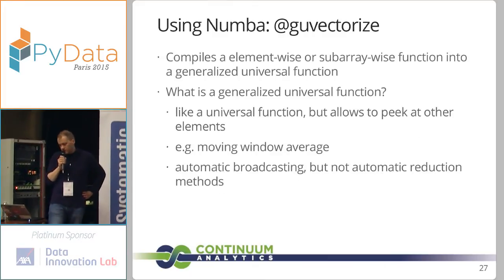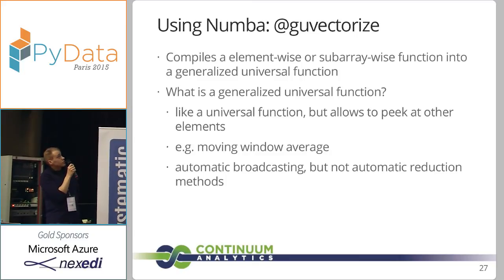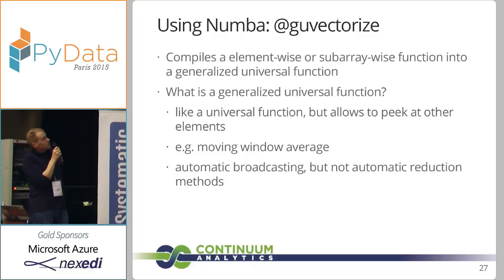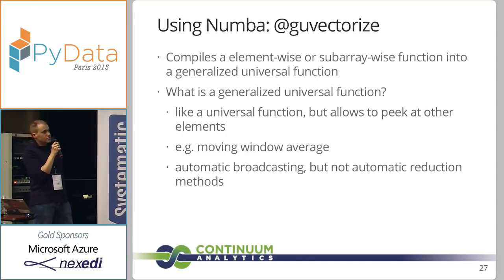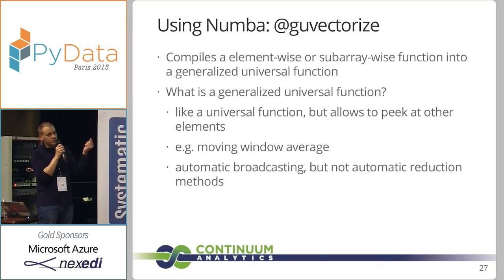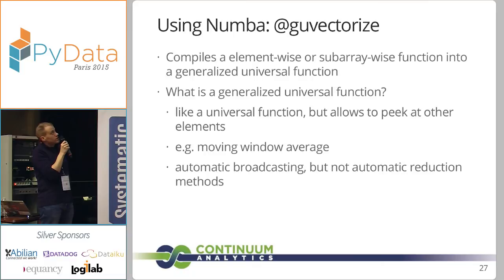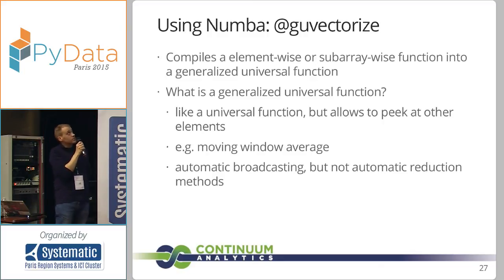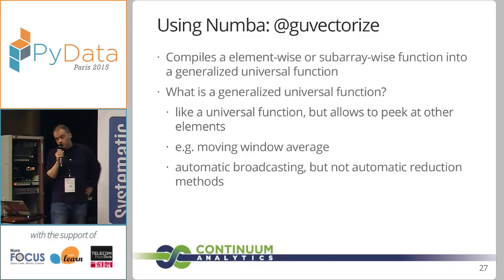There is another kind of universal function which is called a generalized universal function, which is even fancier. In that mode, your universal function isn't seeing only one element, but it can see an arbitrary number of dimensions. So it's quite advanced, but it has some applications. For example, if you want to write a moving average function, your moving average will actually have to get a view of the whole array for each element. So a moving average will have to be a generalized universal function. Numba also has its own decorator, guvectorize, to allow you to define generalized universal functions in Python.